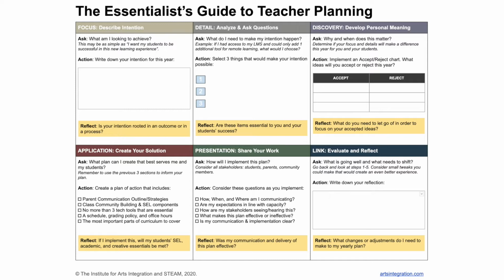Section 3, discovery. This is sometimes the most difficult one of all, developing personal meaning. So you're going to want to ask the hard question, why and when does this matter? And again, this is related back to that intention. So again, if your intention is, I want my students to be successful in this new learning experience, then you have to think about all of the other expectations that are being placed on you and on your students,